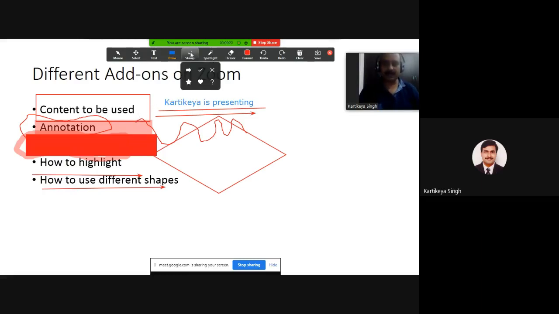Apart from it, several other options are also there, like this arrow. Just click it here, and this arrow will automatically move. Wherever you place it, this arrow will come. Then star, if you want to put a star, whichever location, a star will come. Then if you want to put a cross over here, you can use cross. If you wish to place a question mark here, you can place a question mark. So this much annotation facility you are not going to get on any other platform.